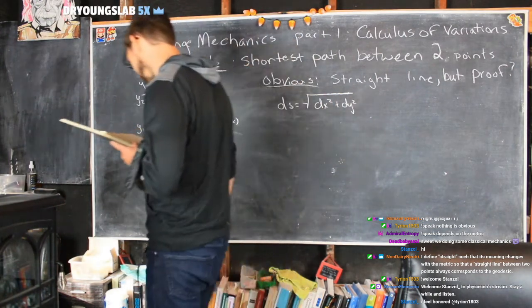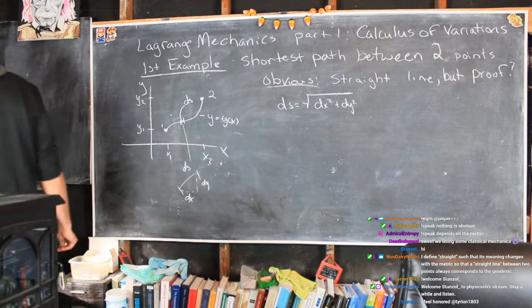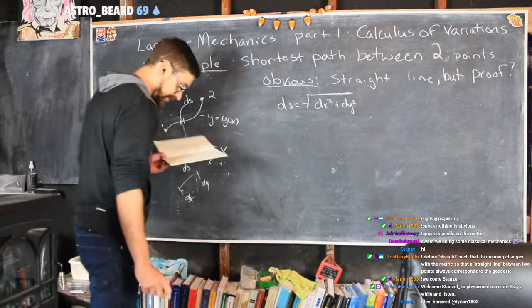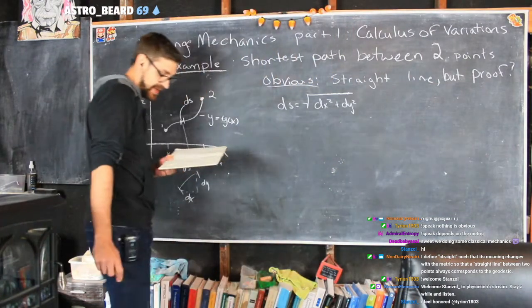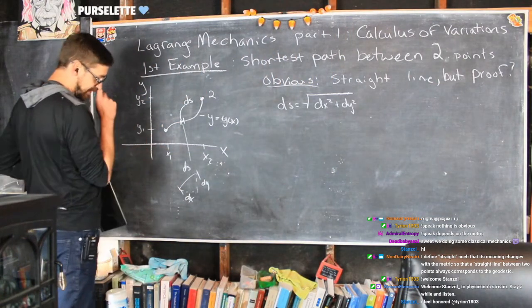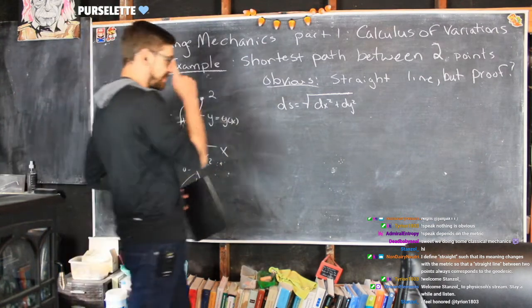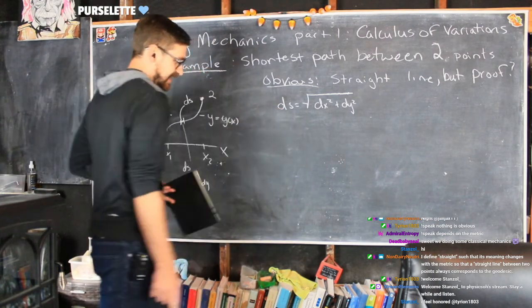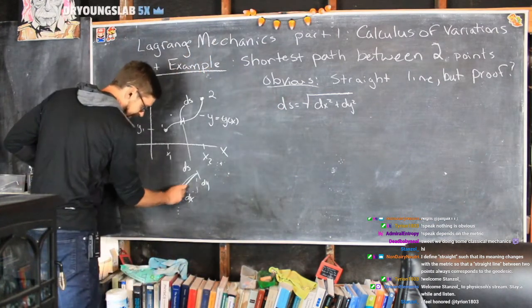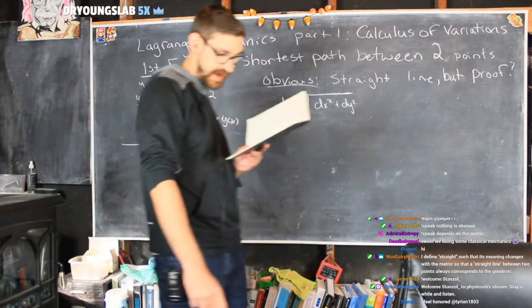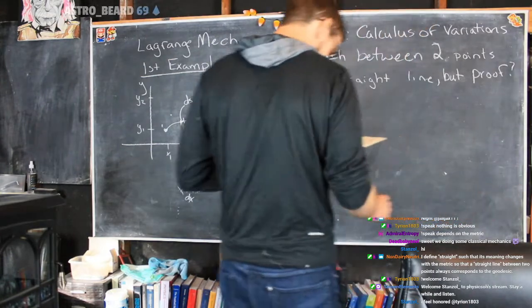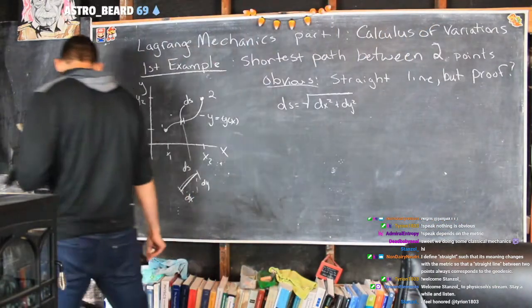So the point is to try to prove if this is the shortest line, right? Now that would definitely help us if we knew that. That way ds isn't changing from anything. The shortest line would be the hypotenuse of this triangle, and it would have to be the same way across the whole entire path. And then we would find out whether or not it was, in fact, a straight line. So, how do we do that? Well,